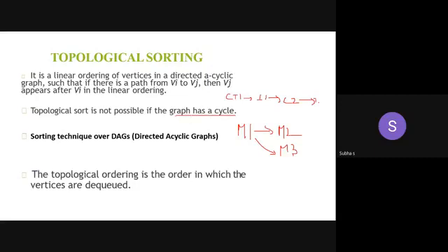How can you check whether a graph contains a cycle? By seeing the adjacent nodes. If the graph contains cycles, this applies to a directed graph only. For an undirected graph, I can't check whether the graph contains a cycle or not. So this is mainly for the directed graph. If the given directed graph is cyclic, we can't apply topological sorting. Yes, these are the important points you have to remember.